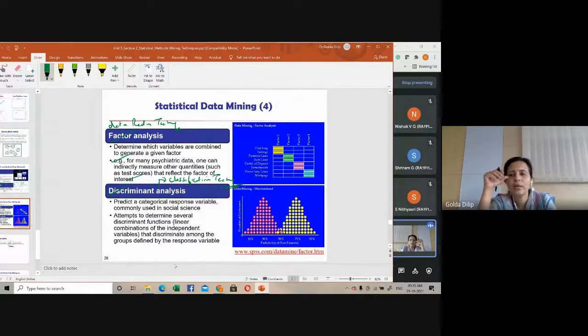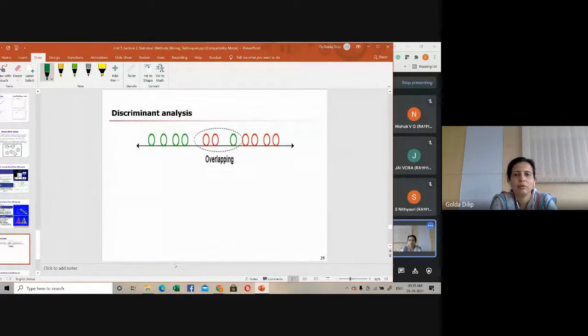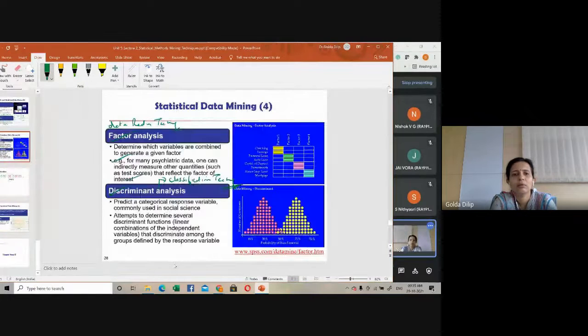Where let's say you want to classify observations into some sort of non-overlapping groups, we go for this discriminant analysis. So, let's say in a biological application, classifying organisms into some sort